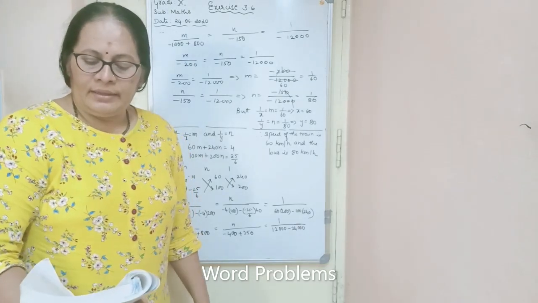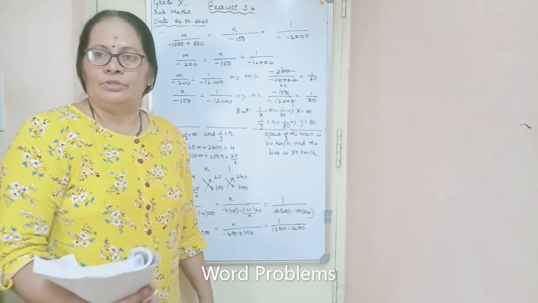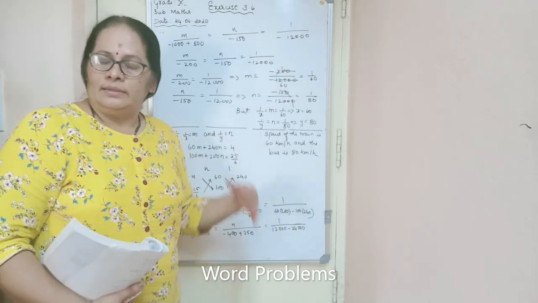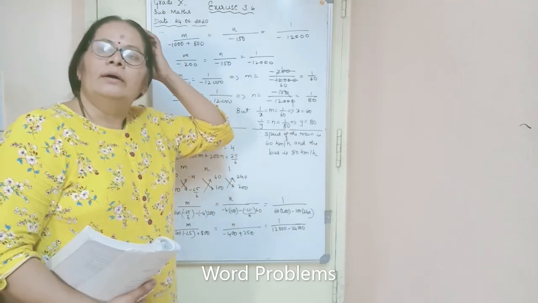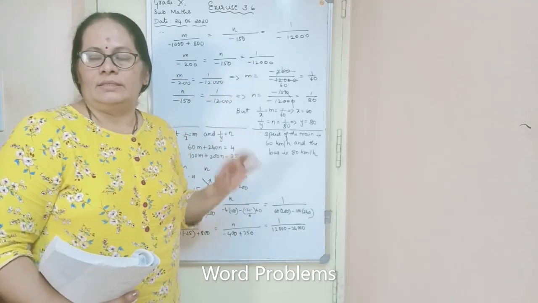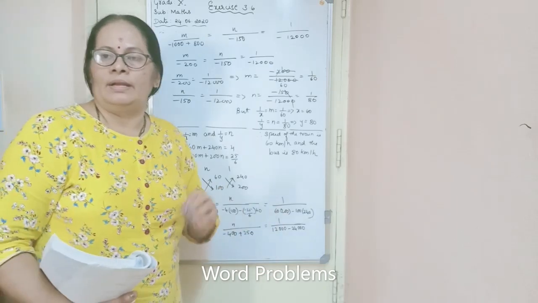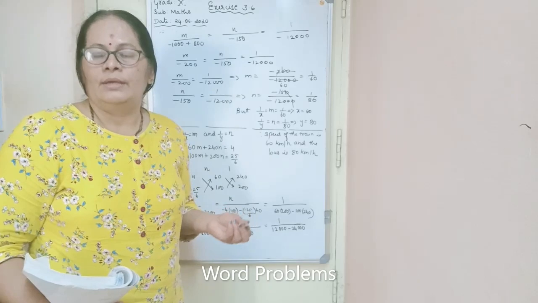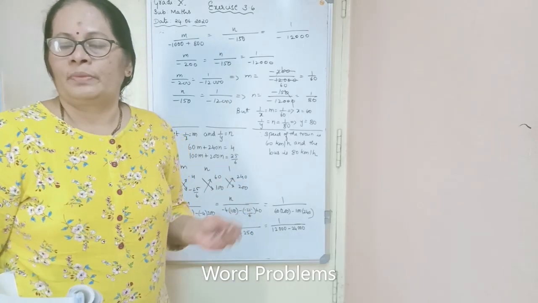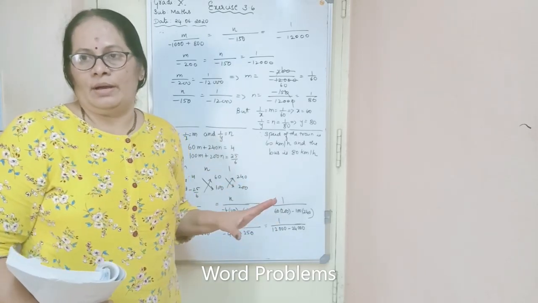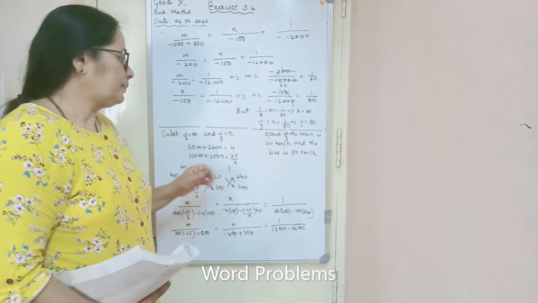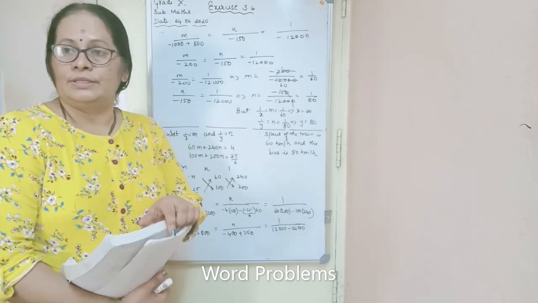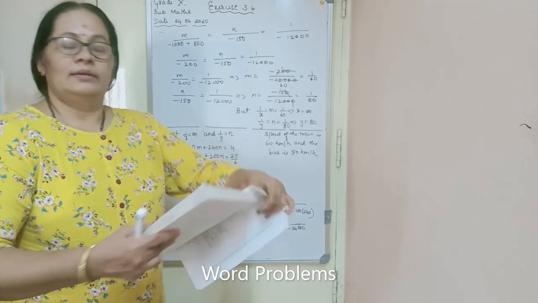Now in the next session I am going to give some revision work, and once again I will explain all the concepts. Next week you are going to write the second assessment, that is 30 marks for MCQs and 20 marks for descriptive. So there I will give long answer type questions, each carrying 4 marks, and MCQs for 30 marks. So practice thoroughly, solve all the sums which are given in the textbook and here in the exercise also.